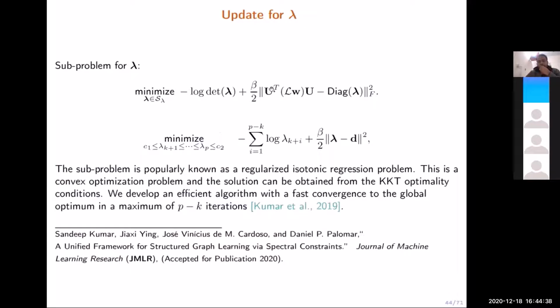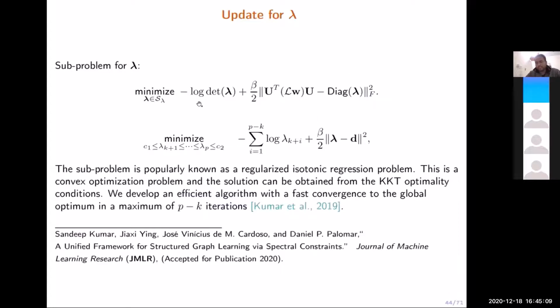So this subproblem is actually very interesting in a lot of senses. First thing is the log-det regularized term, and it is kind of a least squares, but apart from it, additionally, it requires this kind of a monotone constraint. Like we want to solve a regularized least squares problem, but at the same time, we want to preserve the monotonicity of this. So there is a separate branch that is called monotonic or isotonic optimization. So this is a convex problem.